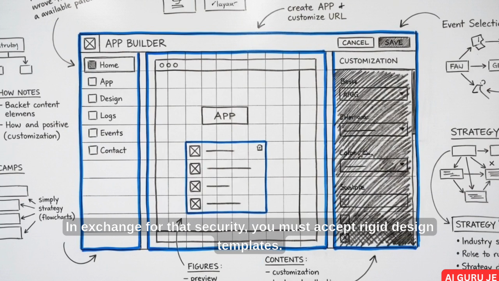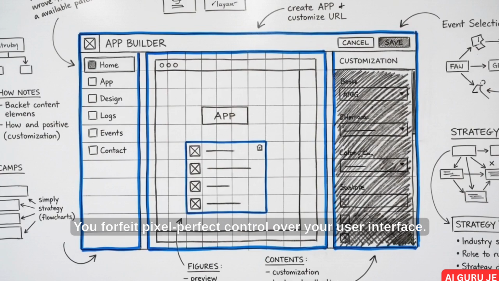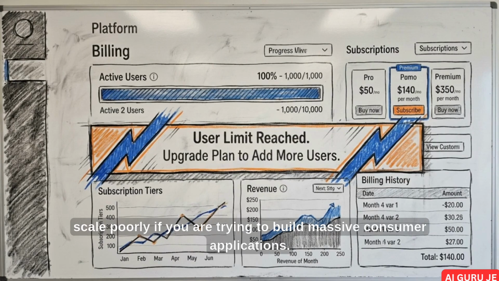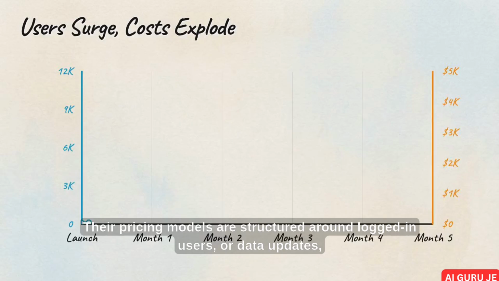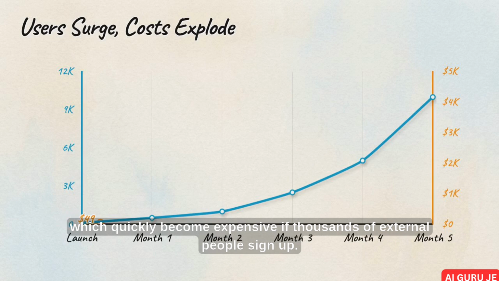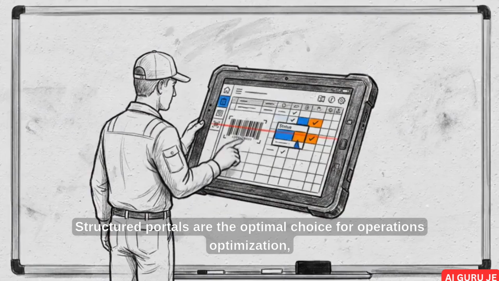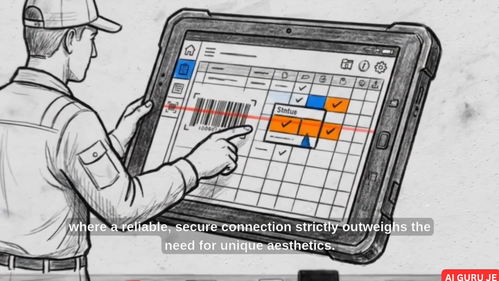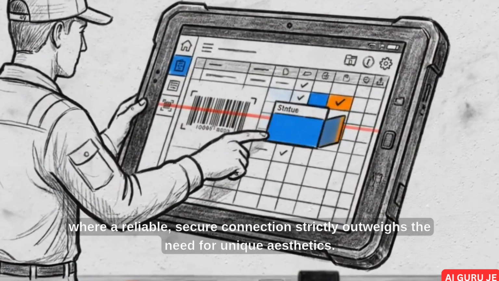In exchange for that security, you must accept rigid design templates. You forfeit pixel-perfect control over your user interface. These platforms also scale poorly if you are trying to build massive consumer applications. Their pricing models are structured around logged-in users or data updates, which quickly become expensive if thousands of external people sign up. Structured portals are the optimal choice for operations optimization, where a reliable, secure connection strictly outweighs the need